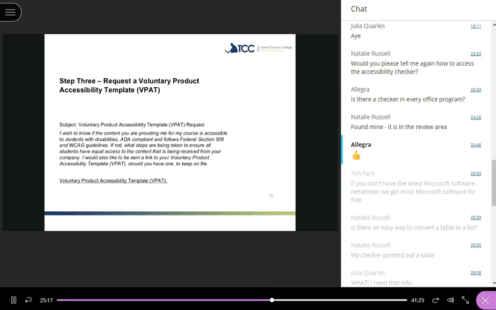They need to understand that this is an expectation that all of us as an educational community have, and the burden is on them to make sure the materials they're making and delivering to us are accessible.